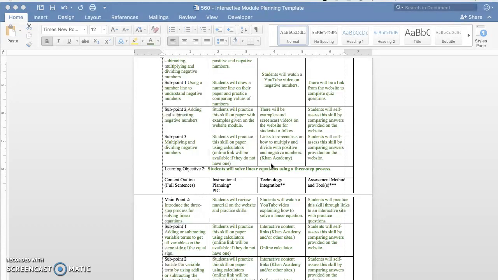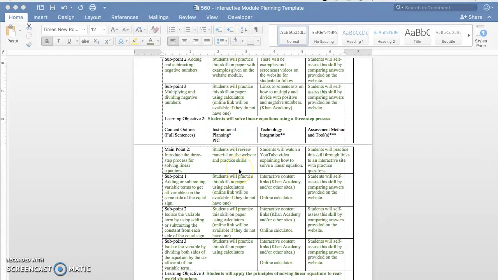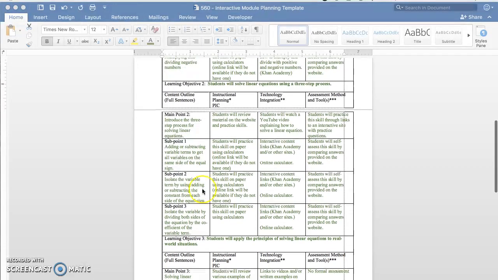The second learning objective will be to solve linear equations using a three-step process. We'll introduce the three-step process, and they'll review some written material and some practice skills on the website, another YouTube video from Math Antics on this topic, and they'll practice the skill again with some links to some interactive sites, maybe some practice questions. We'll talk about adding and subtracting variable terms to get all variables on the same side